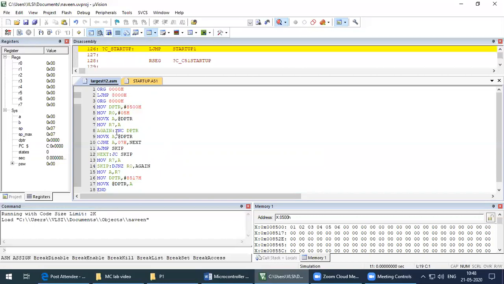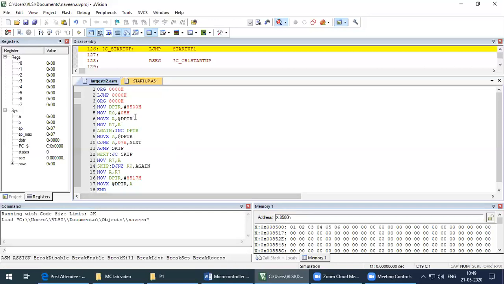The first instruction of my program is MOV DPTR, #8500H. We know that DPTR is the data pointer, like an HL register pair. Whenever we are using external memory, a 16-bit address is needed, so we have to use a register pair like HL. H is the higher byte and L is the lower byte of the external address. So H will store 85 and L will store 00. Now we are pointing DPTR to 8500, and the first data in 8500 we will copy into the accumulator.